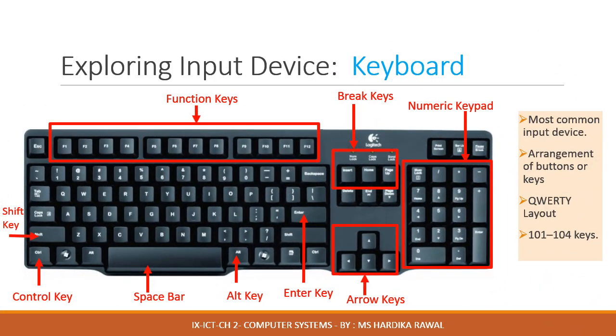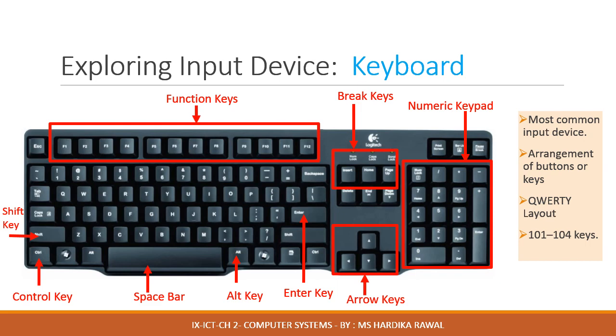Let us first talk about the keyboard. It is a standard and the most common input device attached to all computers. It is an arrangement of buttons or keys that can be used to feed numbers, letters, special symbols, spaces, etc. Some characters can be typed by pressing a combination of keys. While working with a keyboard, you will notice a bright flashing light on the screen. This is called the cursor. Any key pressed will enter the character at the cursor position.